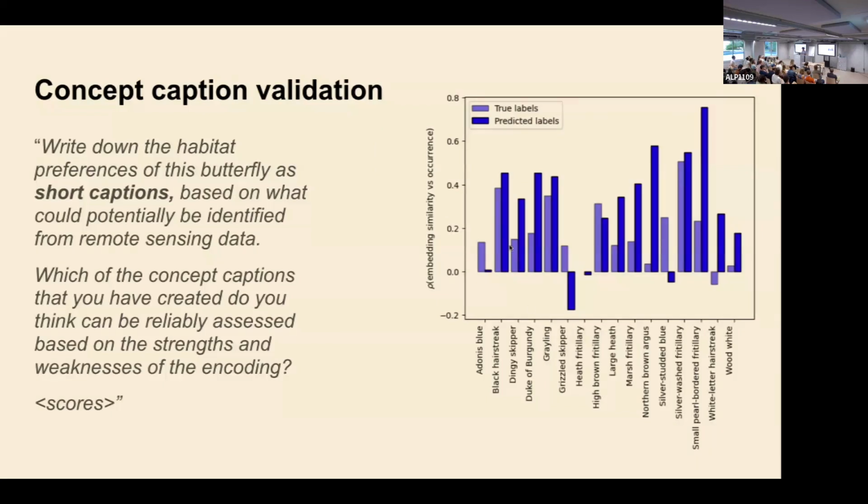Generally, most correlations are positive, meaning there's a positive correlation between what linguistic information is in the embeddings and how that relates to the predictions. And also, it's higher for the predicted labels than for the actual labels, which makes sense, right? So it's closer to the belief of the model, even if that belief is wrong.